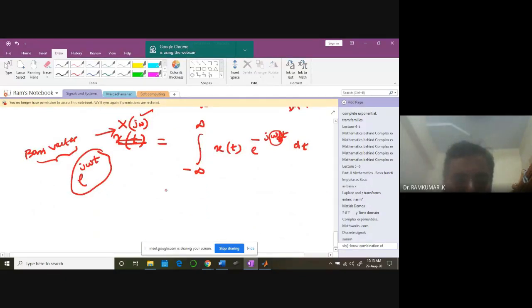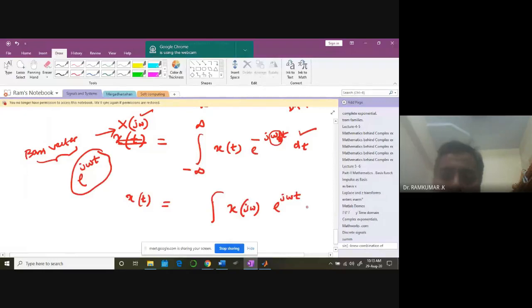So if I want to do it again for x of t, what do I do? Can somebody help me out? What is the value I'll be collecting? What do I need to write here? The first integration is with respect to time. The second term I'll be integrating with respect to omega: x of j omega e power j omega t d omega, minus infinity to plus infinity, for all the frequencies. If I do it, I'll come back again to the time domain.